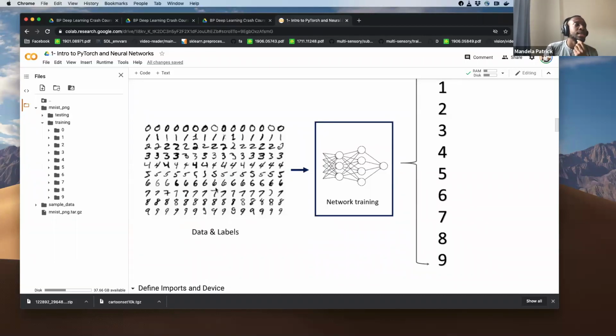The current head of Facebook AI worked on this model called convolutional neural networks that you're going to look at on Wednesday. It was trained on this data set, and it was that technology that was used to process checks in banking in the 1990s, and is the foundation of most OCR readers.